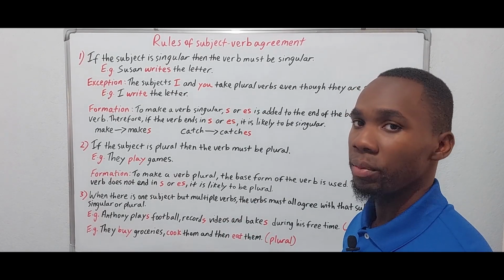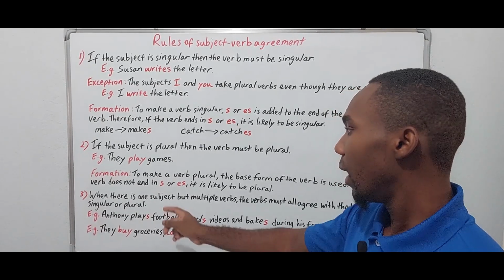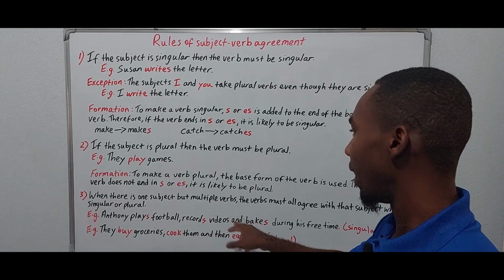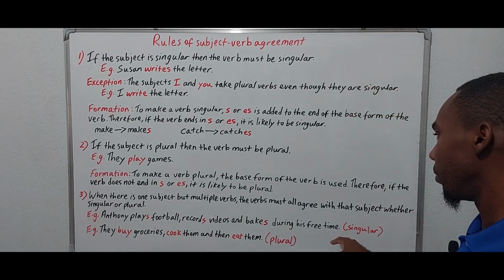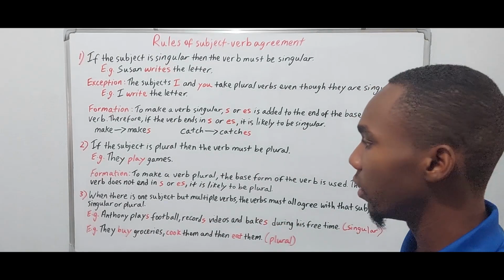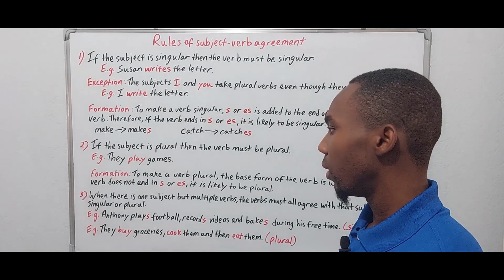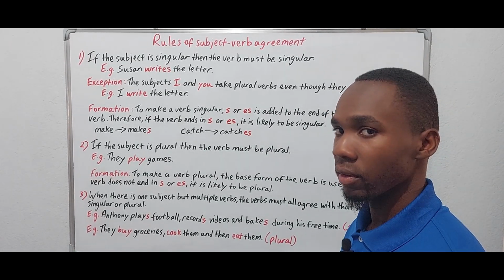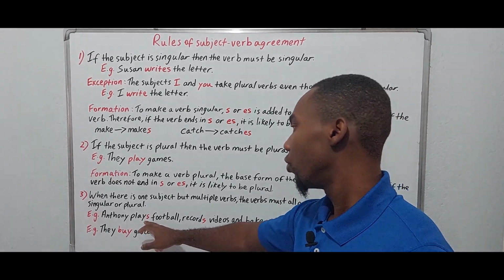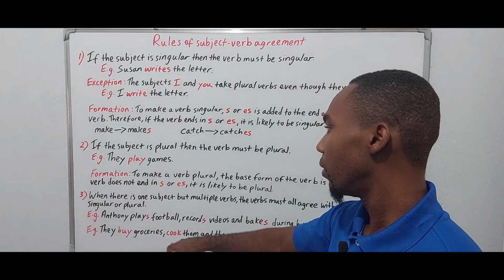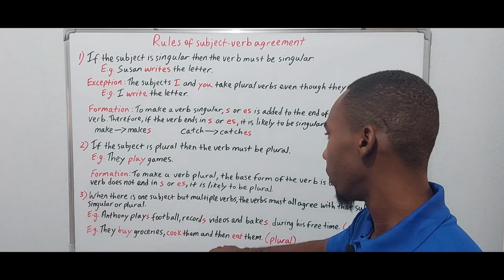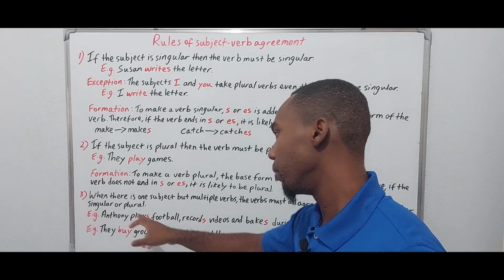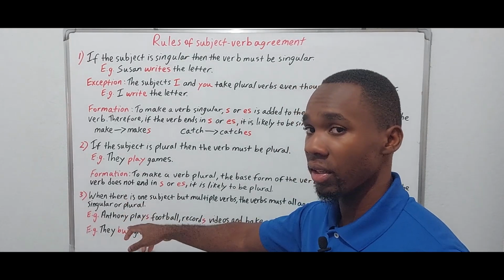Even when we have multiple verbs. For example, Anthony plays football, records videos, and bakes during his free time. So that's an example of a singular subject, but we have multiple verbs in the sentence, right? So plays must be singular, records must be singular, and bakes must be singular because our subject, Anthony, is singular,